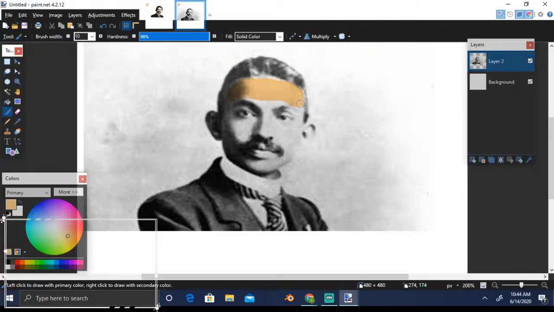This is the second technique which I am showing. Here I have not divided into layers, so I'm not being very careful with the other parts. The parts which are not skin color, you need to avoid those, so just colorize the parts which are skin color. Okay, so here we go. When actually doing a photo edit, you will have to be a lot more careful. I'm just doing this to save some time.